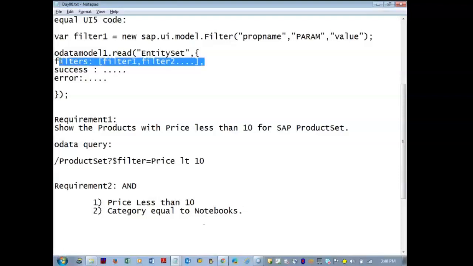The one I wrote here in the signature, on the top above, works as an AND condition. Normally it acts as an AND condition. Filter one comma filter two means this and this and this. That proof I will also show you in the network tab, and how I can have an OR condition also. Both things I'll show you as proof in the network tab.